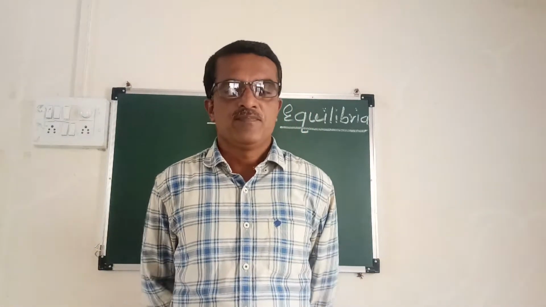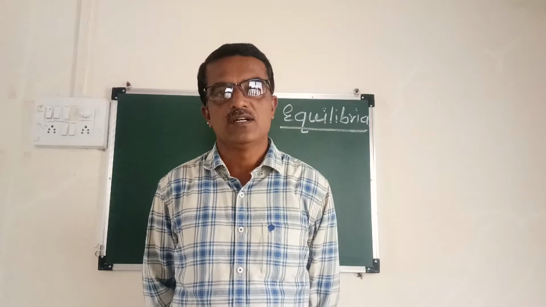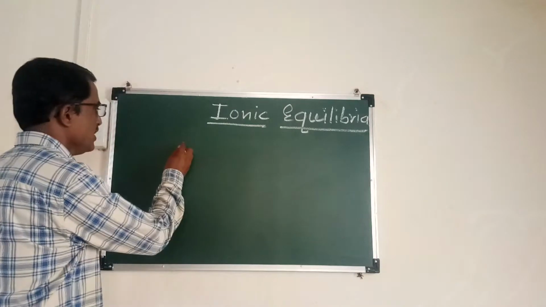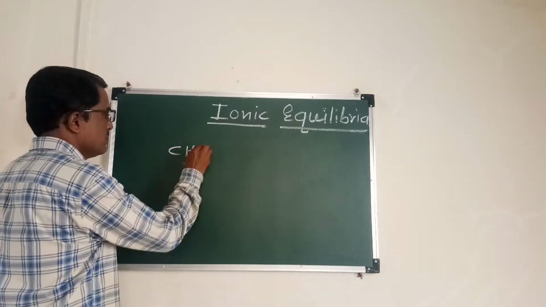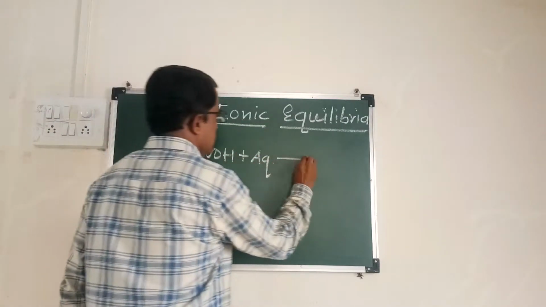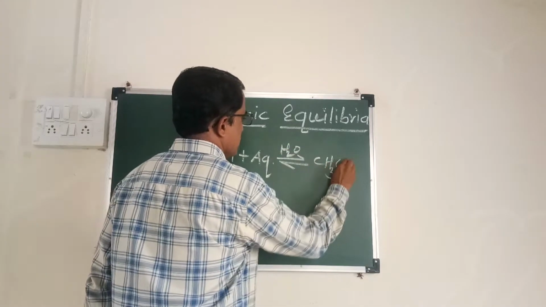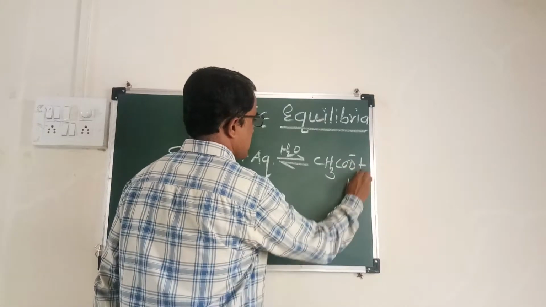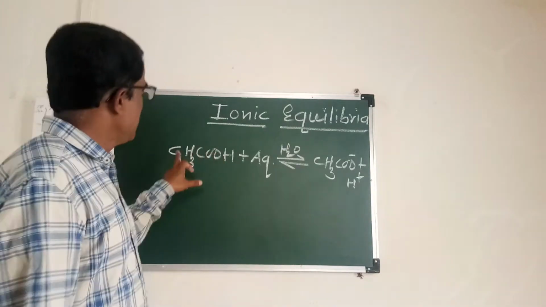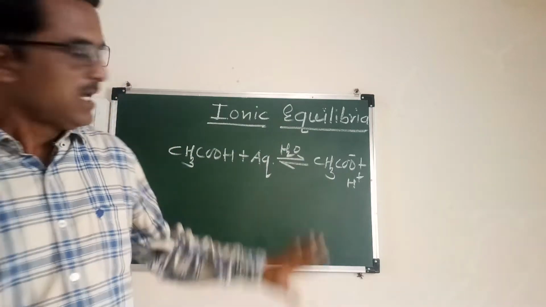The equilibrium between ions and unionized molecules in the solution is called the Ionic Equilibria. Suppose we take one example. When acetic acid is dissolved in water, then it gives acetate ion plus H plus ions. Means in this example the equilibrium between ions and unionized molecules in the solution is known